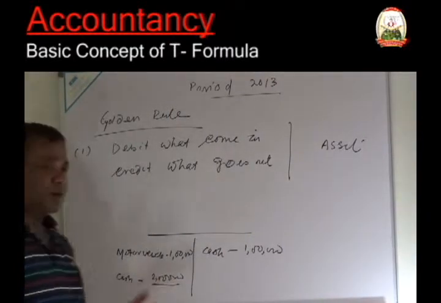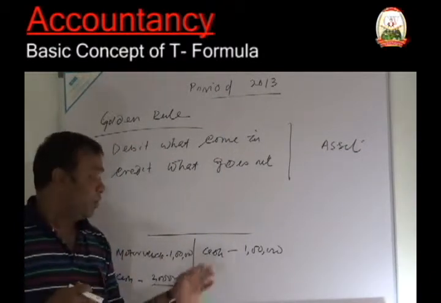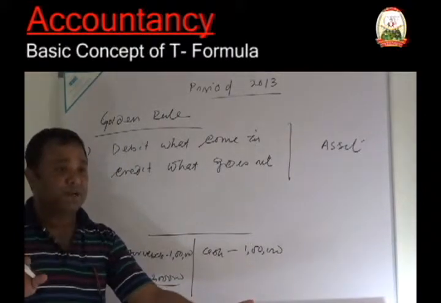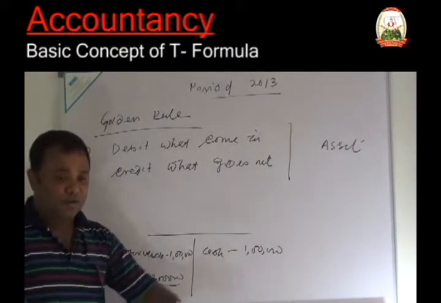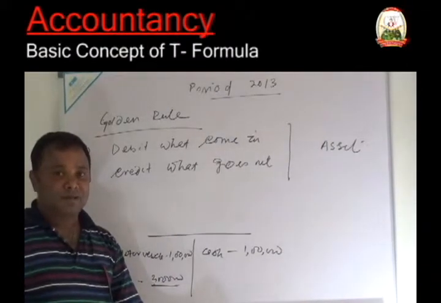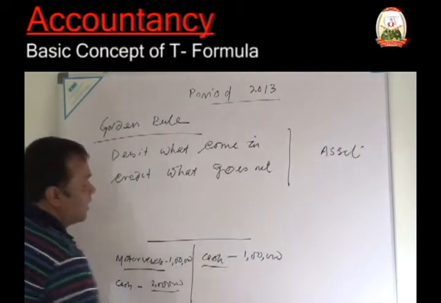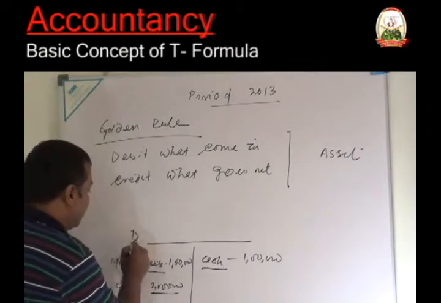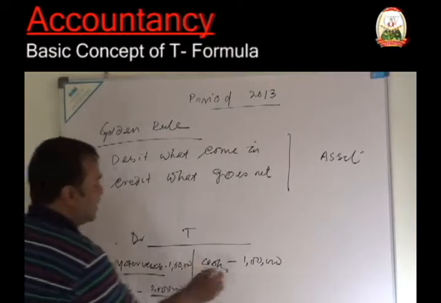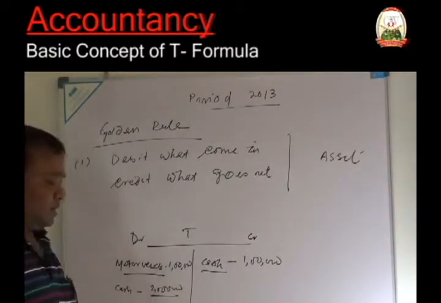what comes in. You got the motorcycle, it brings you happiness and it gives you sorrow while you pay the cash. While you pay the cash, your facial expression is something different, because you are paying cash, but while you get rid of your vehicle, then you find happiness. So here the debit side you got motorcycle as happiness, cash as sorrow. Here in T side, in debit side, the vehicle comes and credit side cash comes. That formula comprises this one.